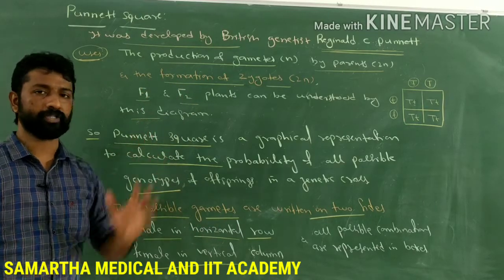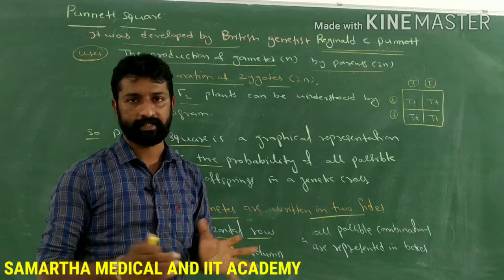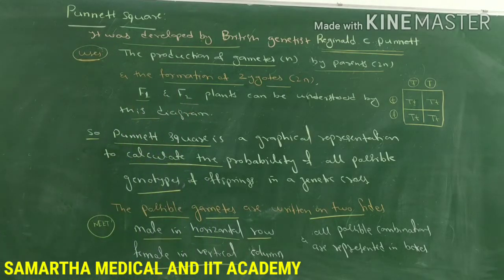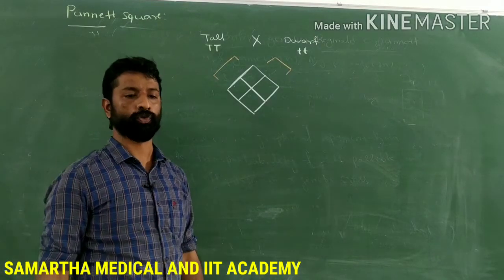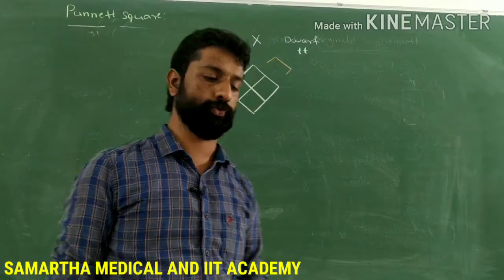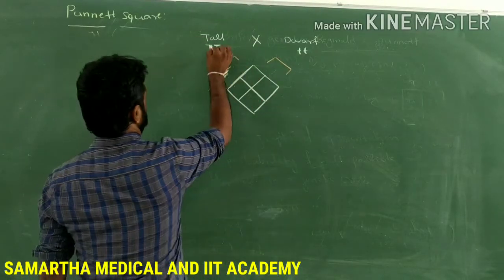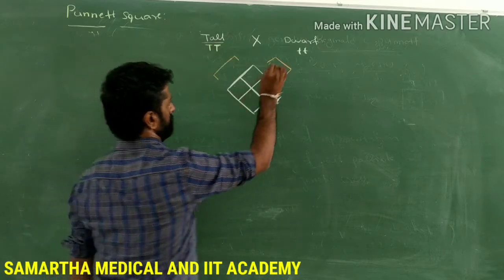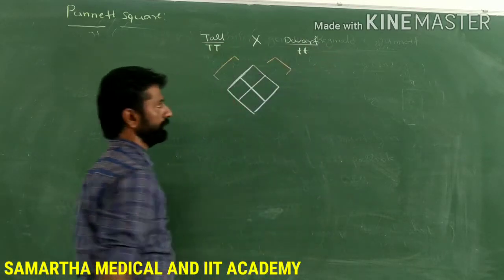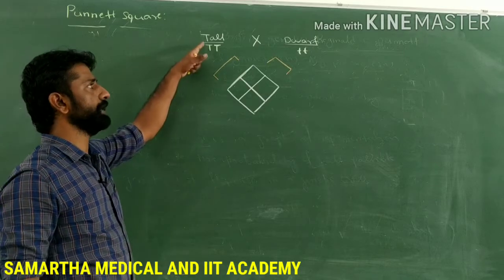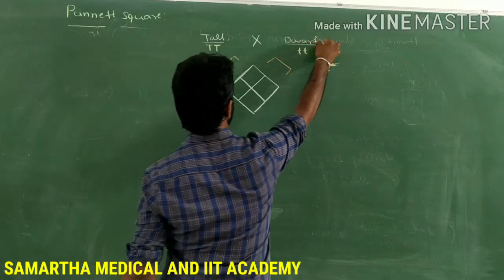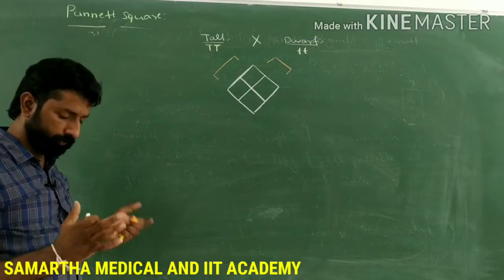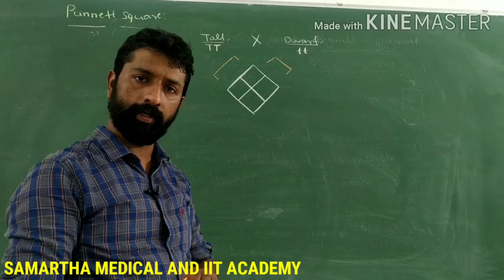Then let's understand the Punnett square with the help of a monohybrid cross as an example. This is the representation of a monohybrid cross using the Punnett square. In this cross, we have considered one gene, the gene which codes for the height of the plant. It has two traits, one for tallness and one for dwarfness. Such pure lines of tall and dwarf varieties were selected by Mendel.